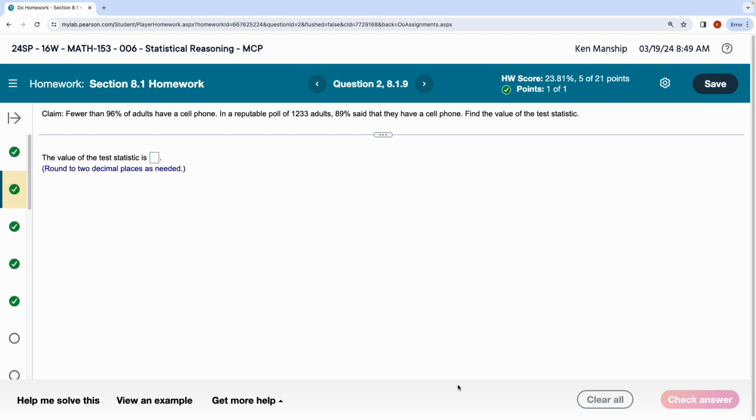So that 96% indicates to us that this is a proportion type problem. Now, in a reputable poll of 1,233 adults, 89% said that they have a cell phone. That is sample information. So that 89% is a sample proportion. Now, we need to find the value of the test statistic in this case. So I'm going to take all of this information and I am going to find the test